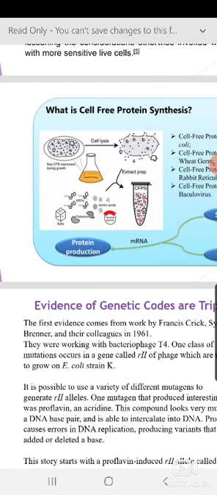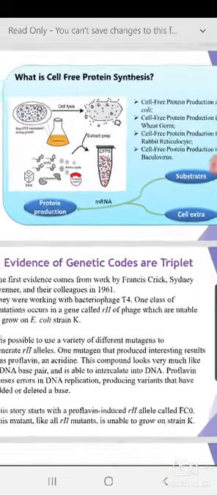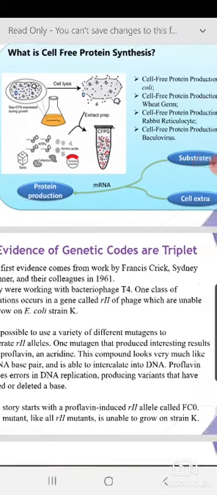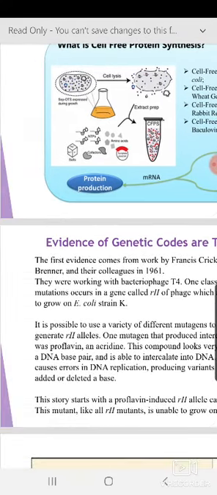Now with this, we will start looking at the experiments scientists performed to decipher the genetic code. The first hint I have given is that if you take 3 nucleotides, the combinations are 64. That is just a hint that the genetic codon may be a triplet. But what is the evidence that genetic codes are triplets? It came from the study of Francis Crick and Sydney Brenner in 1961.